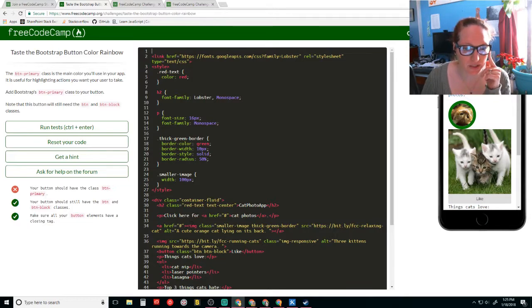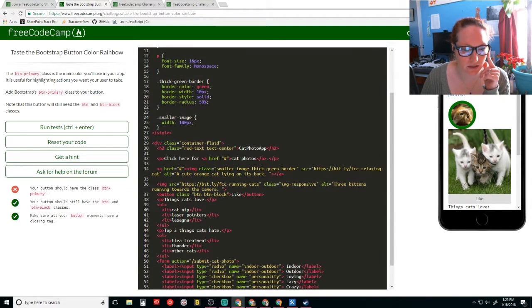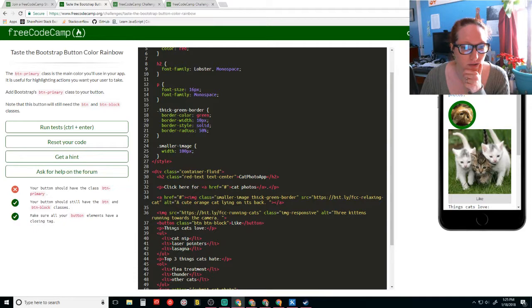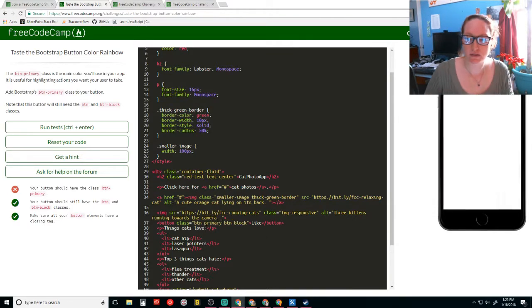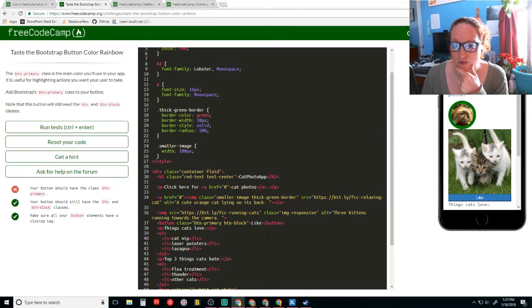Our button should have the class primary. Does that work?